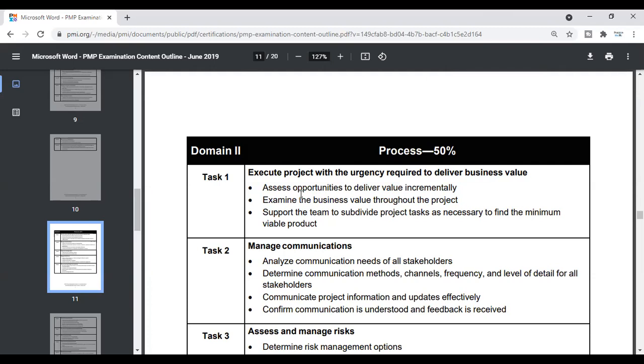Now, someone might say it's a little bit finicky, but I quite like it because it calls your attention to the importance of incremental delivery, incremental value, okay? So task one is all about looking at your project and saying, should we deliver this using agile, iterative, incremental, predictive? All right. And then it says, support the team to subdivide project tasks as necessary to find the MVP,